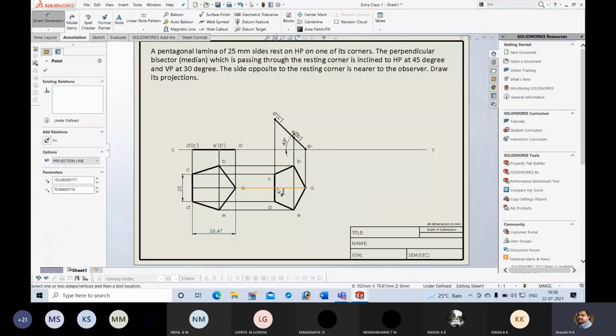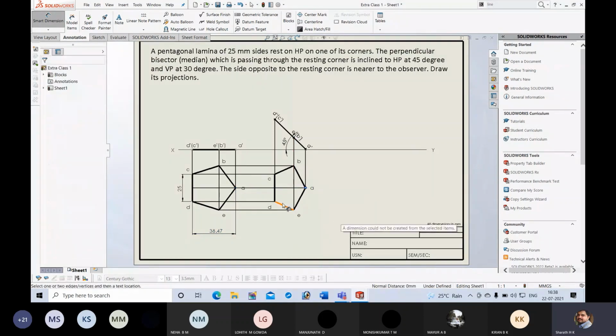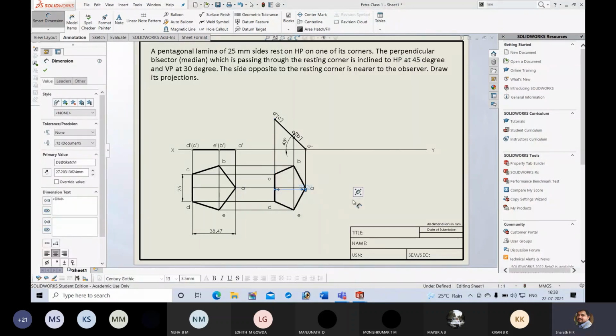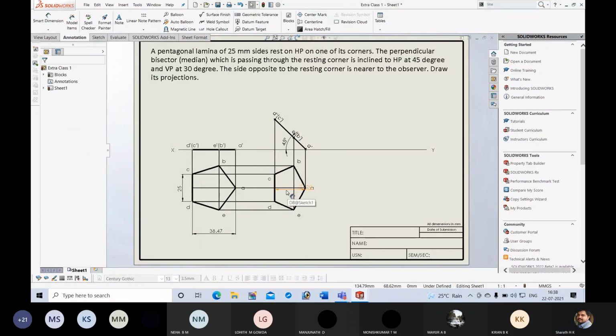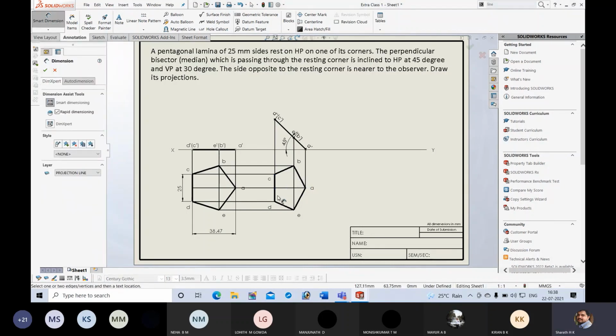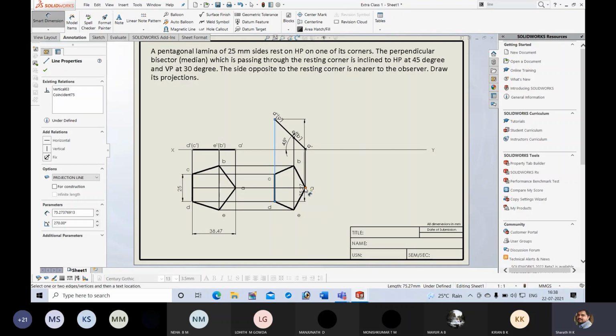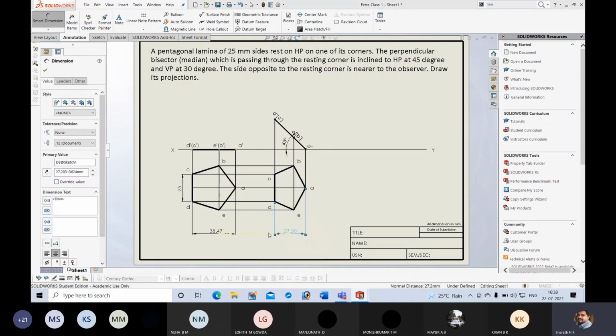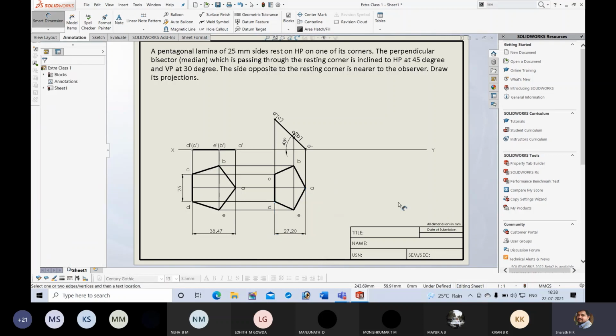Now here in the second top view, the length is less than that. The length got reduced from 38.47 mm to 27.20. That means here I have the apparent length of the perpendicular bisector.